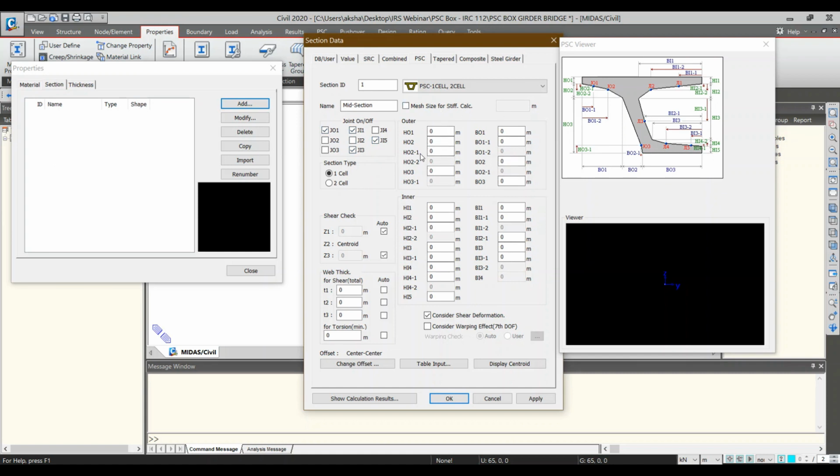Now here you can enter easily the outer and the inner dimensions. So I am entering this outer dimension over here. This is 0.2, then 0.3, then 0, then 2.5, then it is 1.5, 0.5, 0.5 again, 2.25, 0.24, then 0.26, 0, 2.05, 0.71,